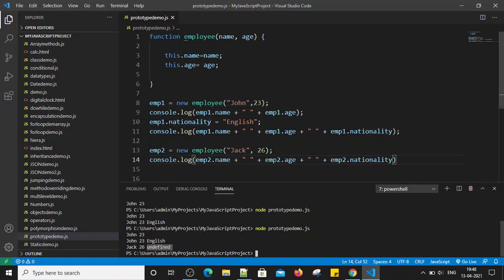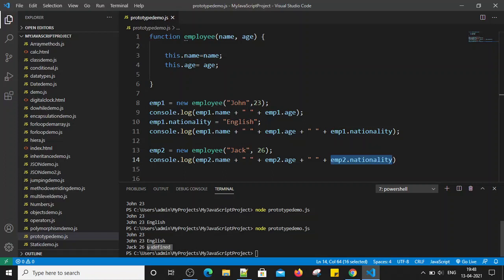Because we have set the nationality property for the emp1 object, right? So that English property as a nationality got attached to the employee 1 object and not the employee 2 object, right? So for the employee 2 object we have passed name and age, but when we are trying to access emp2.nationality, it is not printing that, right?